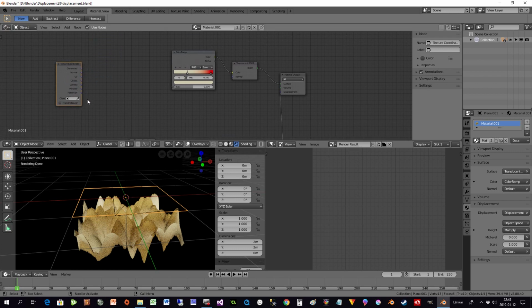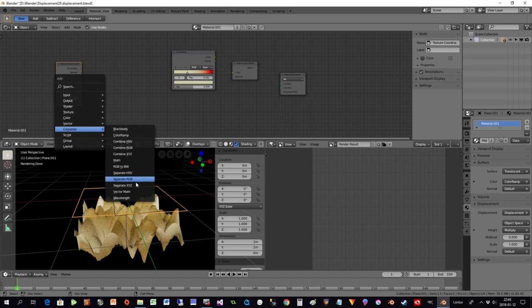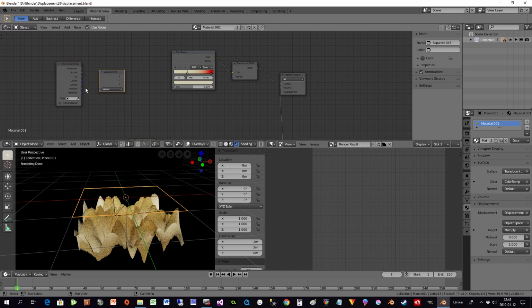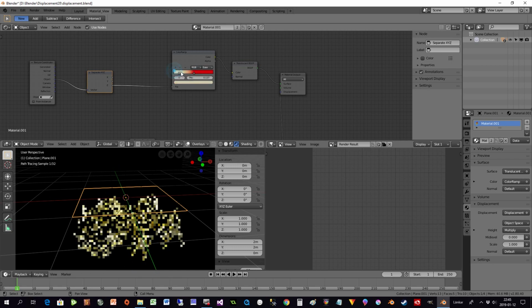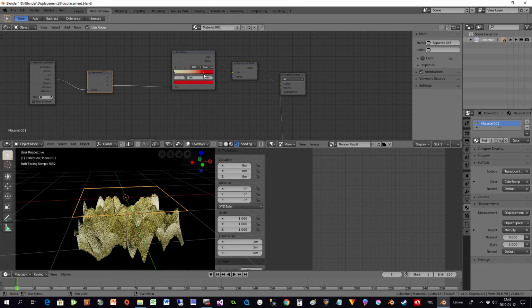You use the texture coordinate and you take a converter here and separate the different axes here. I can put it into object, and then you can put this in here because Z is up and down, so here you can have different colors. Now you can see regardless how I change this, it's still just yellow, and the reason for it is that